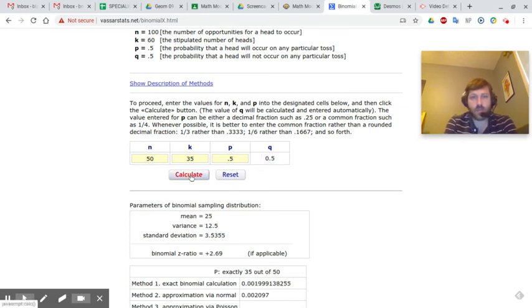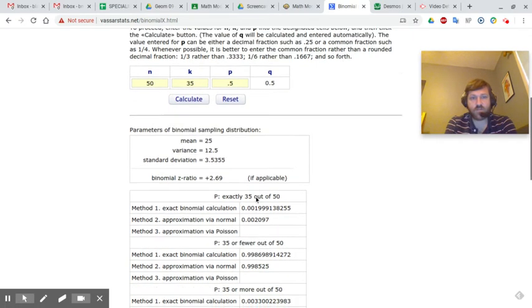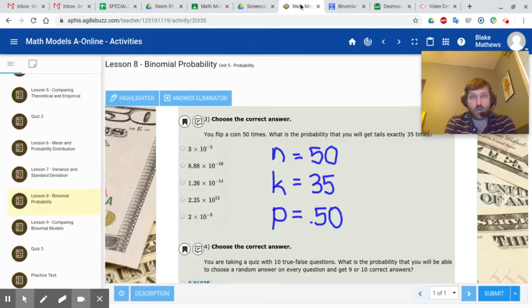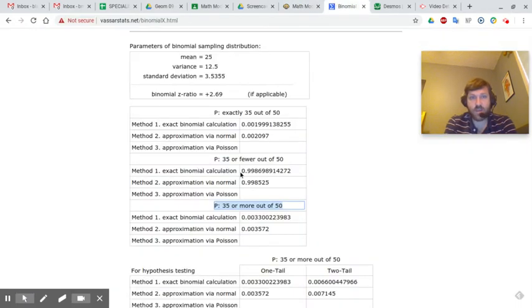So we're going to calculate, and it does some stuff, and there's a bunch of information down here. But it gives us 3 things. It says we can get the p of getting exactly 35, we can get the p of getting 35 or fewer, or we can get the probability of getting 35 or more. So it tells us it wants to know what's the probability of getting exactly 35. So let's jump over here. Exactly 35 is right here,